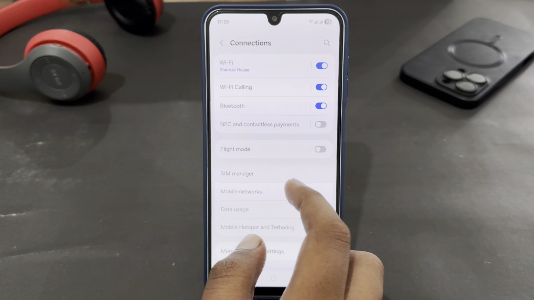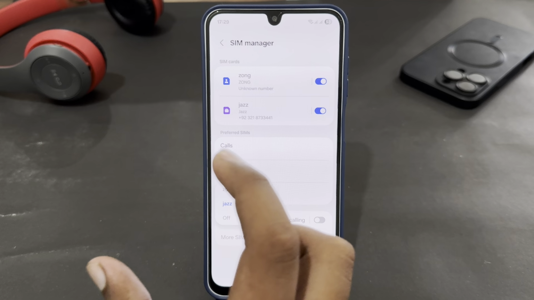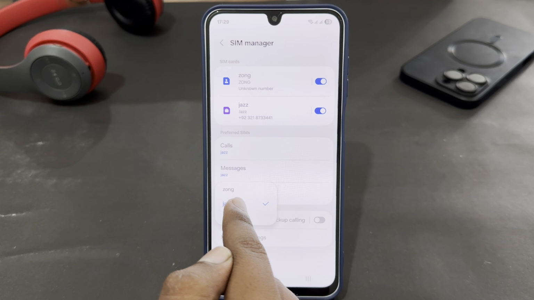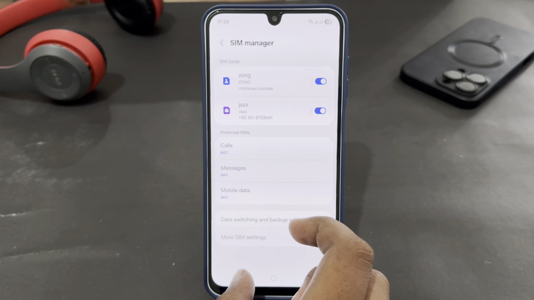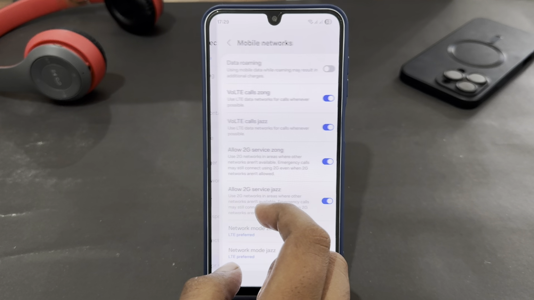Then go for SIM manager and select mobile data, and here you have to select your preferred SIM on which you want to use your mobile data. As I have selected the second one, just select that, then go back, and here just select mobile networks,